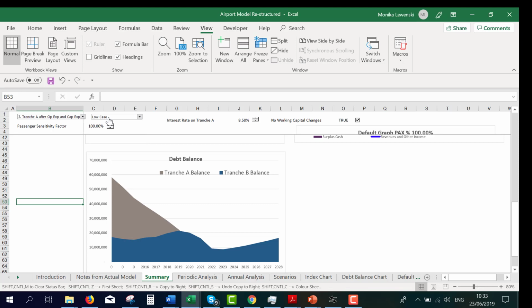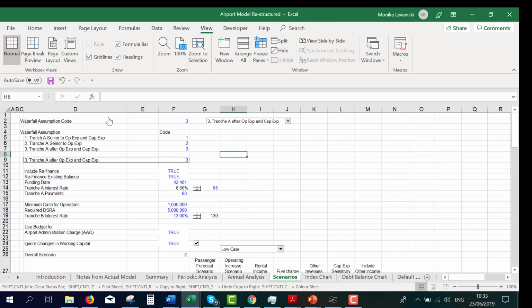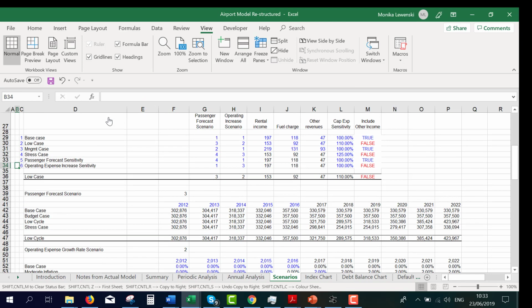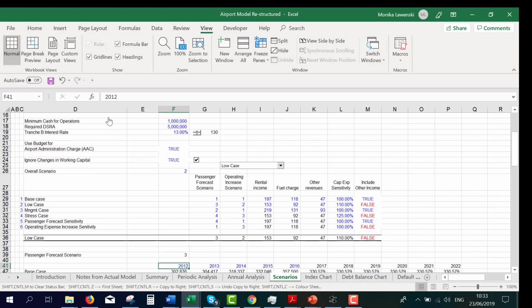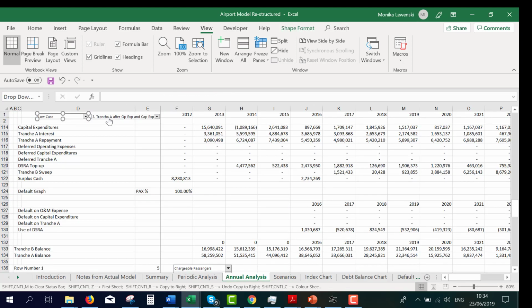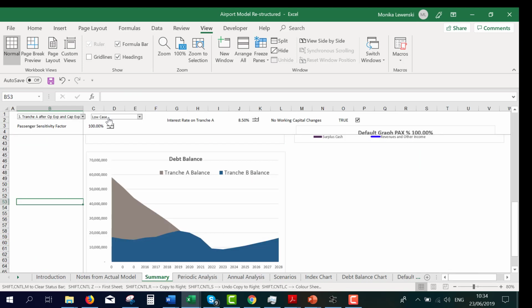In the low case, which again was defined in this scenario analysis, we defined all of these passenger forecast scenarios first that had a time series, and then we put a little code number in, and this code number here comes from our scenario table, and then in our scenario table we use the index function with an overall scenario, so we can either put in a directly lower number or we can put in a time series. That's what I meant to say.